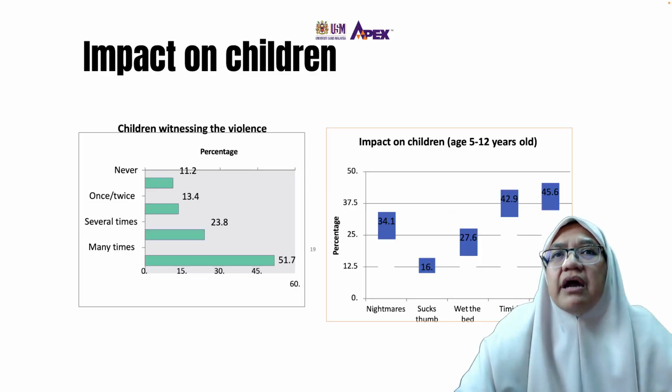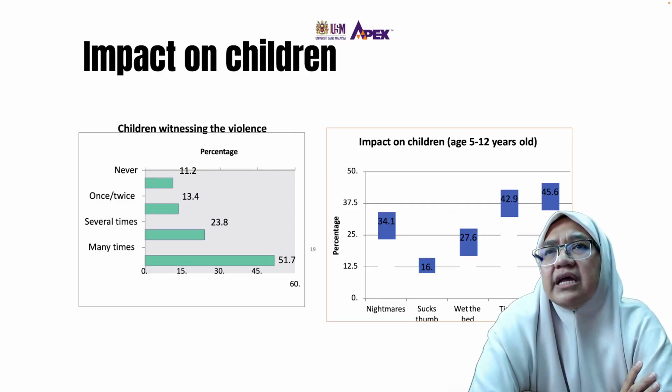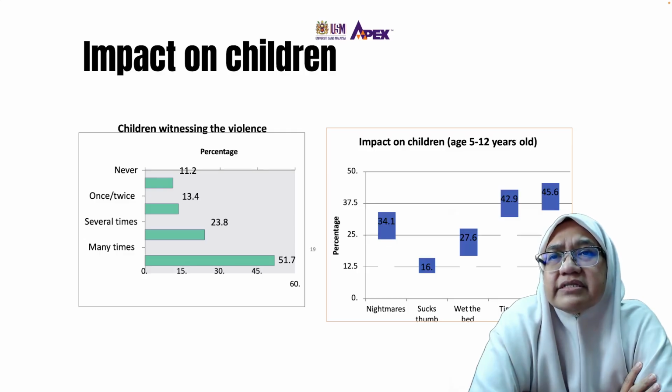So married status was the most common status of the victim. I mentioned just now the impact on children when violence occurs at home, in front of the children. This will have some impact on the children, and it will depend on the age. Look first at the slide on the left with the green bar. The first one is children witnessing the violence: never, very little. Few children in a violent family don't witness the violence because they are there. And look at the last one, many times, 50%, half of the children actually observe the violence again and